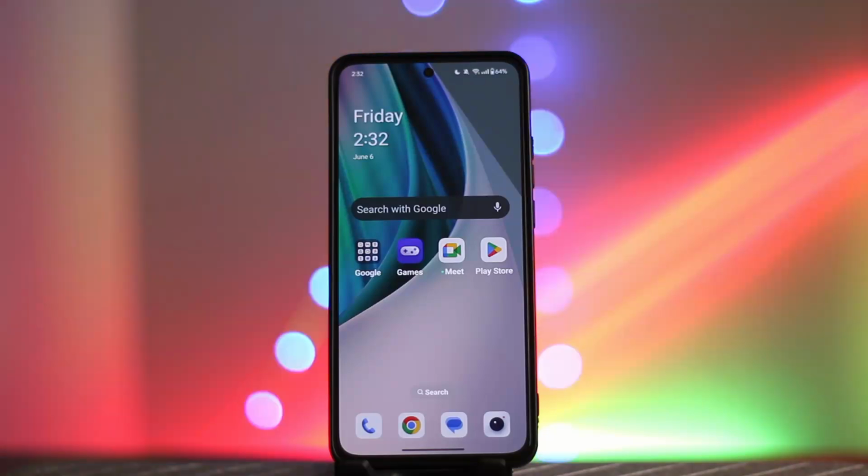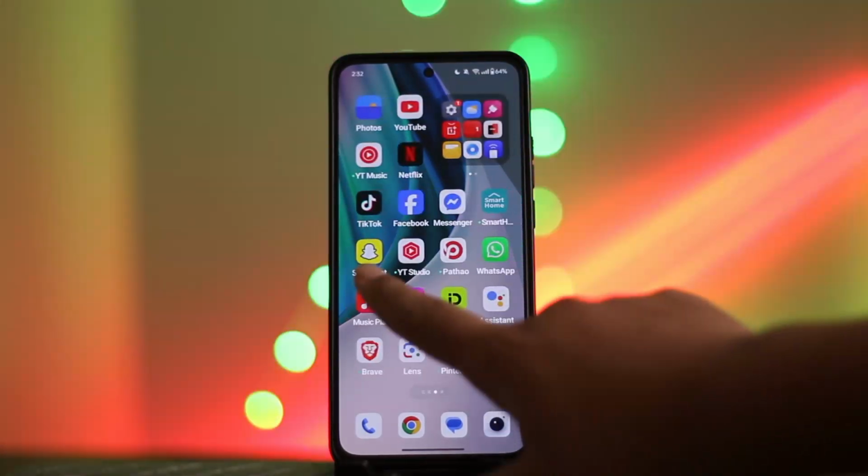So if you want to hide the number of views on Instagram, you must keep one thing in mind, that you cannot directly hide the number of views on your reels. So what you're going to do is simply first open the Instagram app on your device,